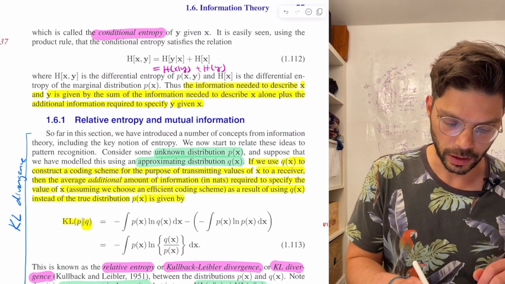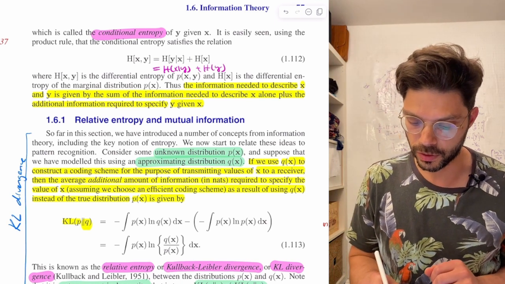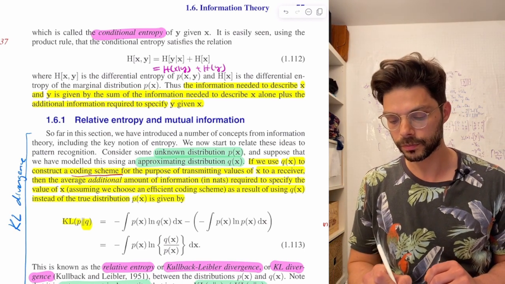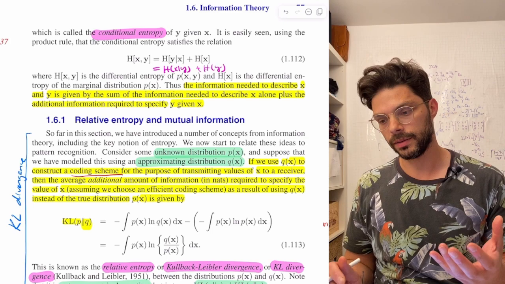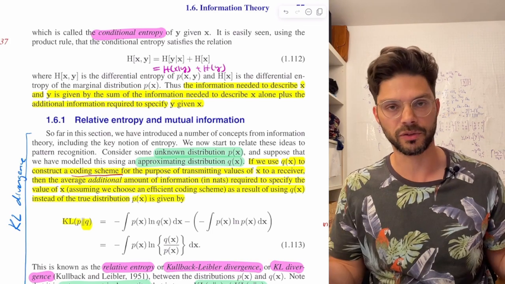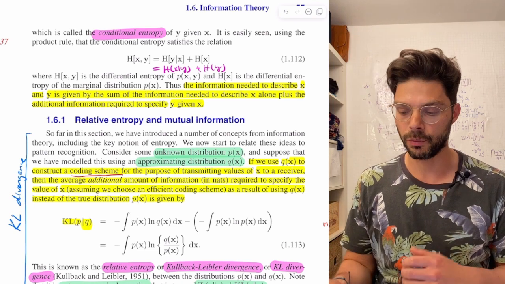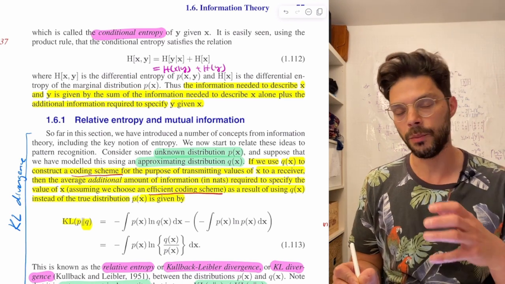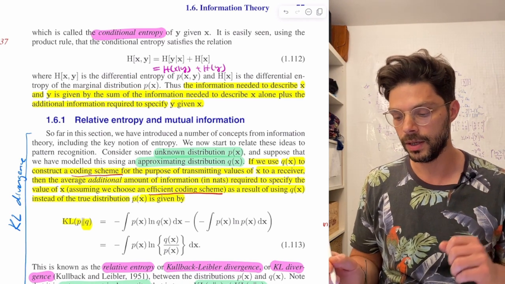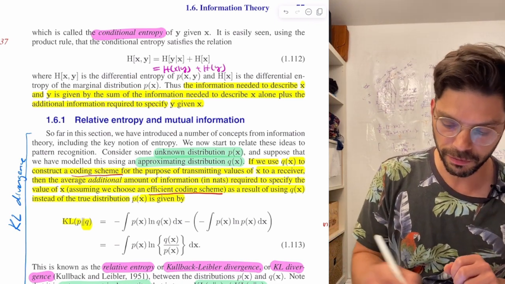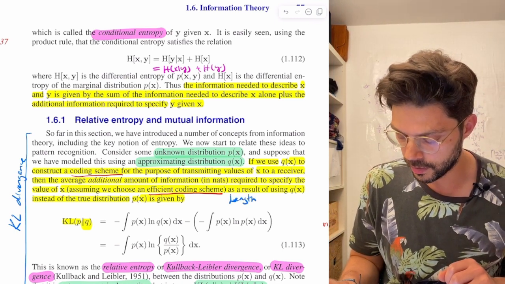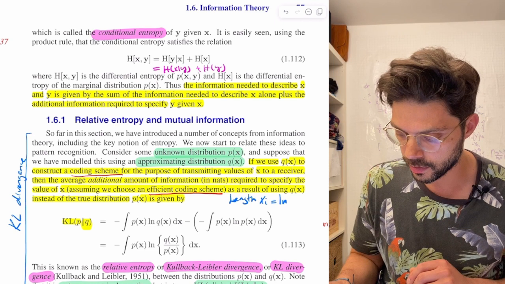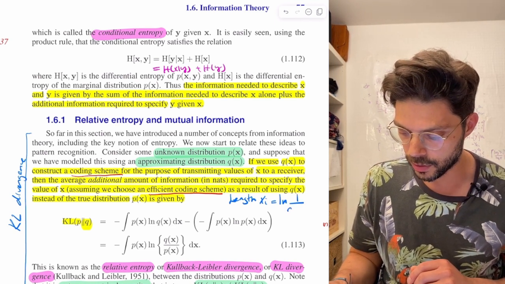So I'm going to change pens here. Okay, we're constructing a coding scheme for the purpose of transmitting values of x to a receiver. The idea is that we want to send some messages. Let's just assume discrete messages, say letters of the alphabet, and we're going to use Q of x to construct our scheme. And remember, we're using an efficient coding scheme. If you go back to the lectures on entropy, a coding scheme is efficient if the length of xi is going to equal, as close as you can get, to ln of 1 over the probability of